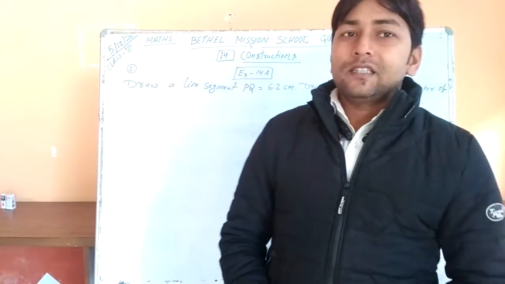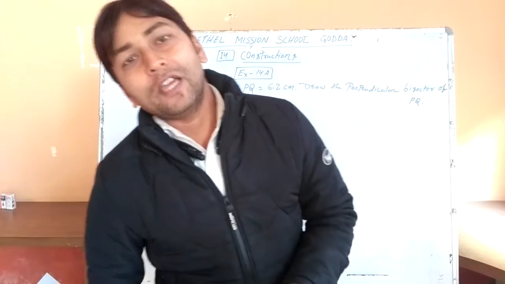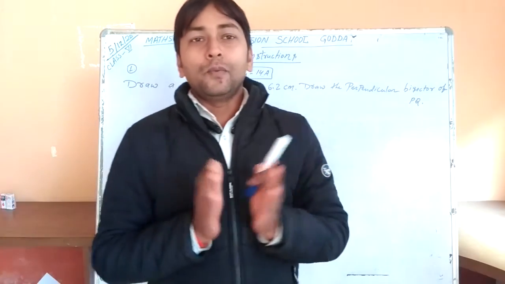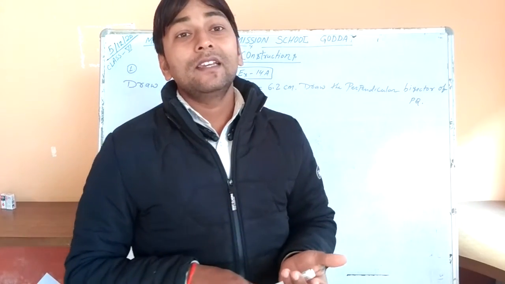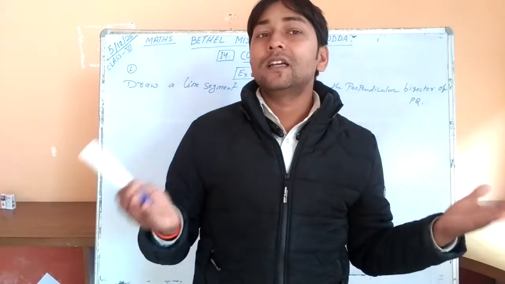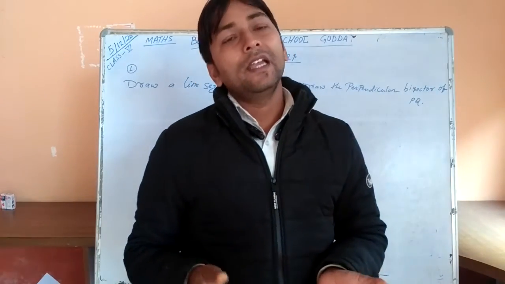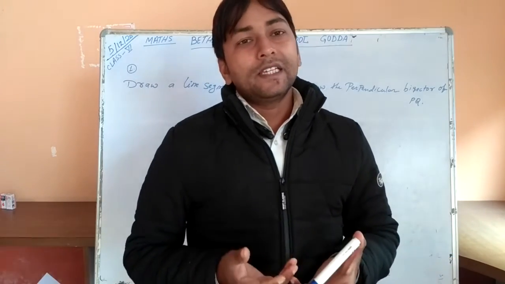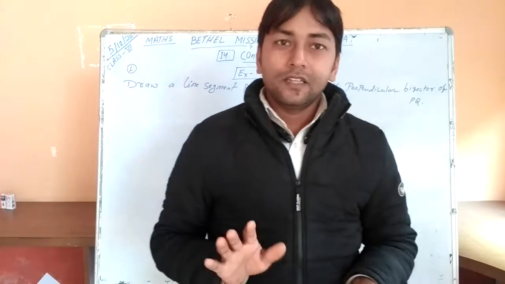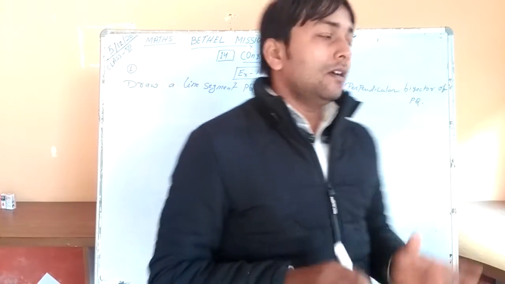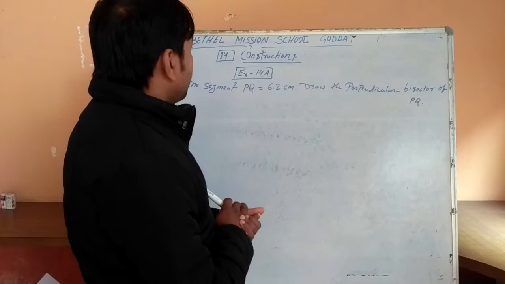Today I am going to teach construction. It is the mathematics of class 6. Here we are going to learn important things: how can you divide a line, how can you divide an angle, and how can you construct same angles. Okay, and construction of 90 degree, 60 degree, 150 degree, 120 degree. Okay, so now we start that session, and I have taken exercise 14a.